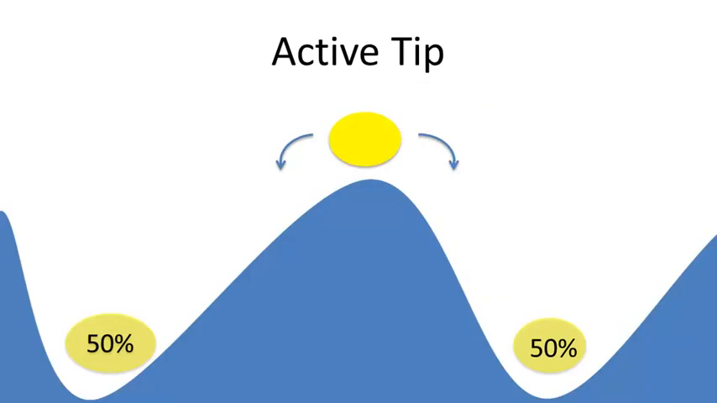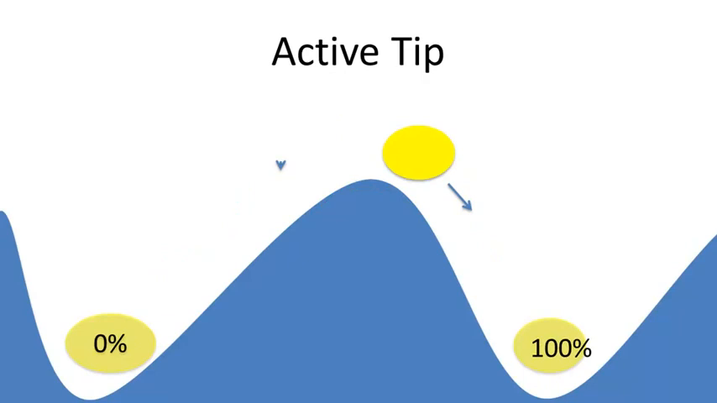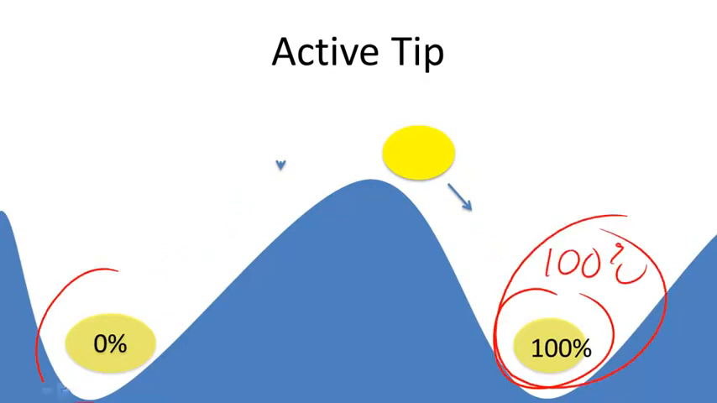Let's first think about an active tip. In an active tip, we've got this ball up here, and it's sitting on top of this peak, and it could either go this way or this way. If it heads this way, it's going to go down here, or it can head down here. Each of these things has a 50% chance of occurring. Once the system has tipped, then it's either going to be to the right or to the left. So if it's down here, now there's a 100% chance that it's over here,